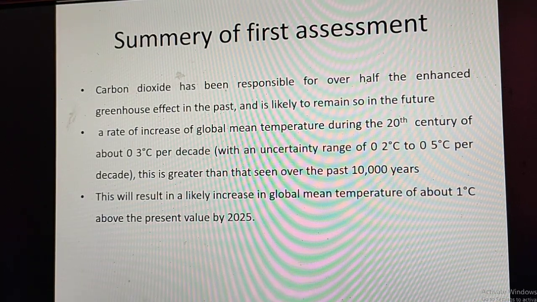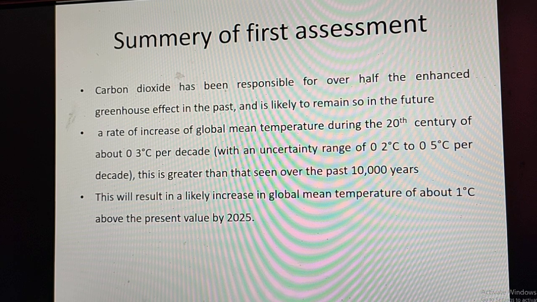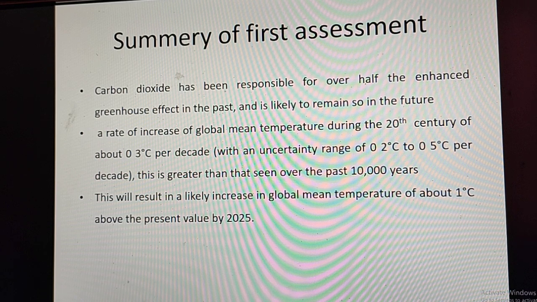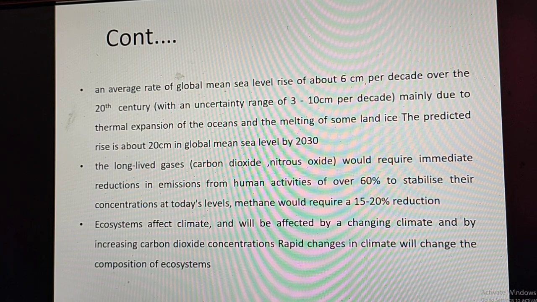So it summarizes that carbon dioxide has been responsible for over half the enhanced greenhouse effect in the past and is likely to remain so in the future. The rate of increase of global mean temperature during the 20th century was about 0.3 degrees centigrade per decade. This is greater than that seen over the past 10,000 years. This will result in a likely increase in global mean temperature of about 1 degree centigrade above the present value by 2025. The average rate of global mean sea level rise was about 6 cm per decade over the 20th century,